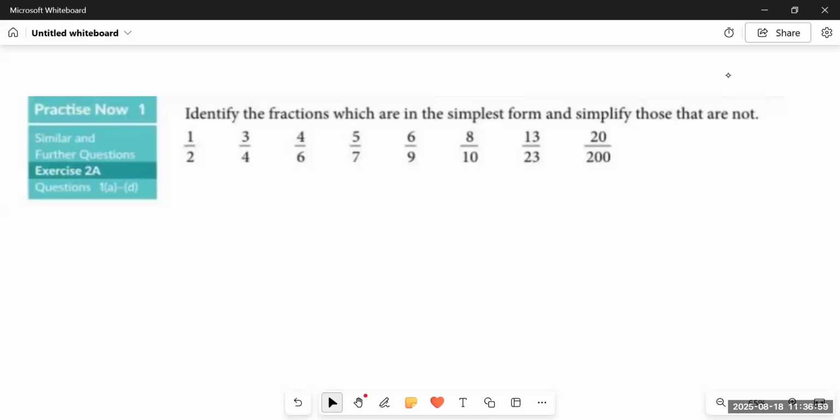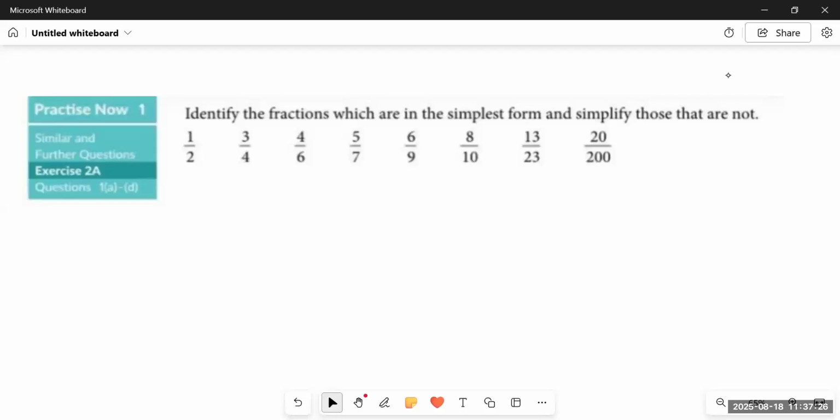So, if you remember, we have done a lot of questions related to fractions in grade 5 and earlier. We are already familiar with how to solve different sorts of questions with fractions, how to simplify them, how to compare two or more fractions, what are proper, improper, and mixed numbers, and what are equivalent fractions, and so on. So here we are going to start with Practice Now 1.